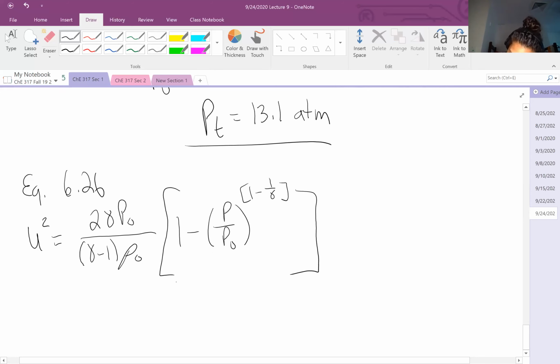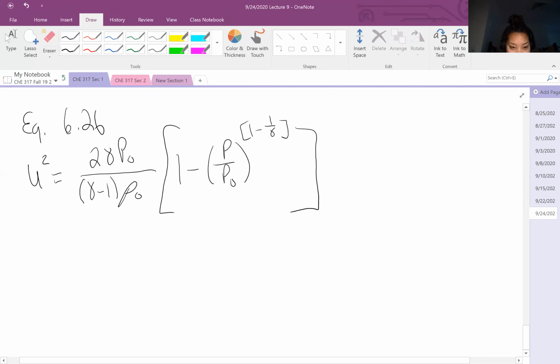There's a lot of exponentials in this one. And so the only thing we need to find to solve for the velocity is the initial density, which we